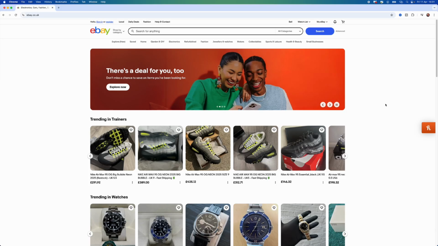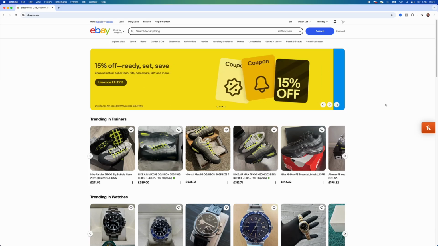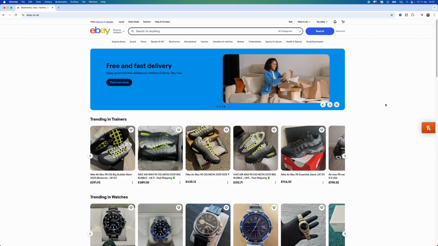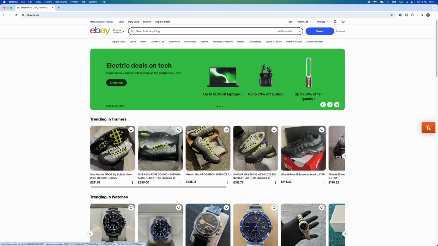Today you will learn step by step how you can cancel a bid on eBay. So this works both on a mobile app and also on the desktop website. So the first thing that we need to do once we are on our main homepage of eBay,